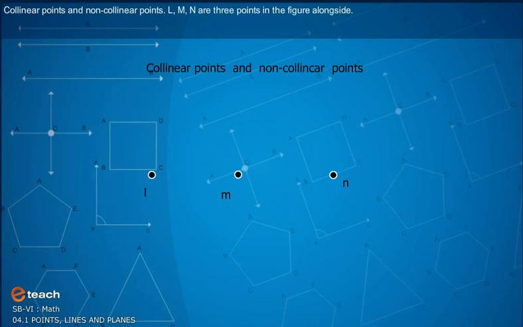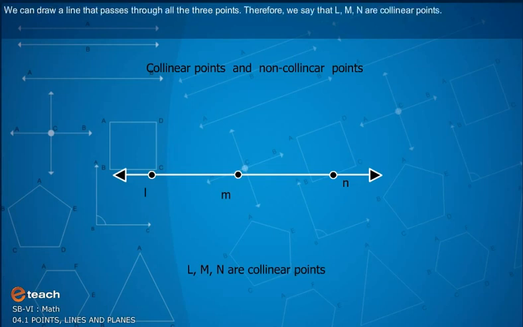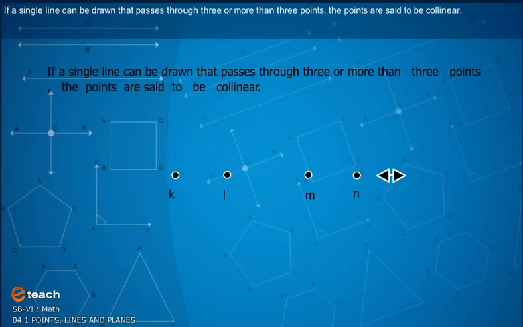Collinear points and non-collinear points. L, M, N are 3 points in the figure alongside. We can draw a line that passes through all the 3 points. Therefore, we say that L, M and N are collinear points. If a single line can be drawn that passes through 3 or more than 3 points, the points are said